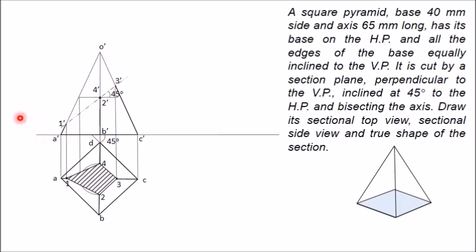This is the XY line, so you can draw one X1 Y1 line and then project these points 1 dash, 2 dash, 3 dash, 4 dash perpendicular to that line, and on that line we mark the distances from the XY line. Measure this distance from the XY line to 1, and the same from X1 Y1 to 1, and 2, 4, 3. This is what I explained in the previous video.